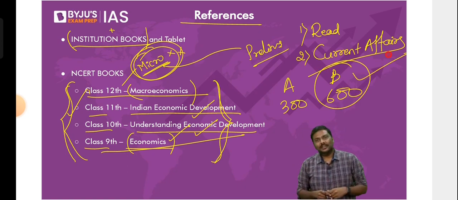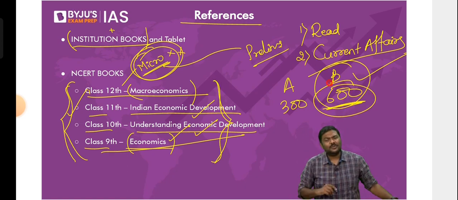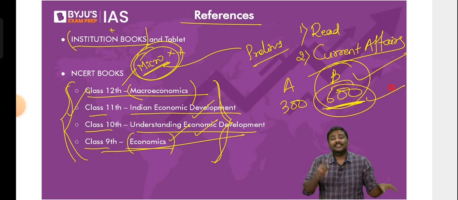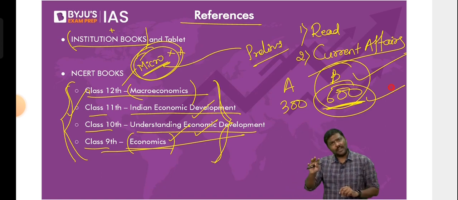And if I ask you why book B, you'll say, sir, number of pages, 600. But do you know whether all the 600 pages are required for UPSC? Do you know how many pictures are there in this particular book? That is my contention. What we generally do is we look at a bigger book. We believe that it is a quality book, that it should have all the quality information.